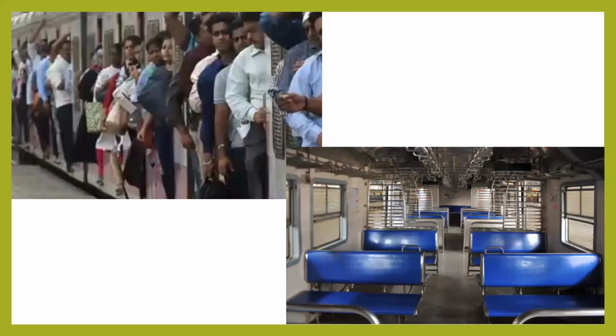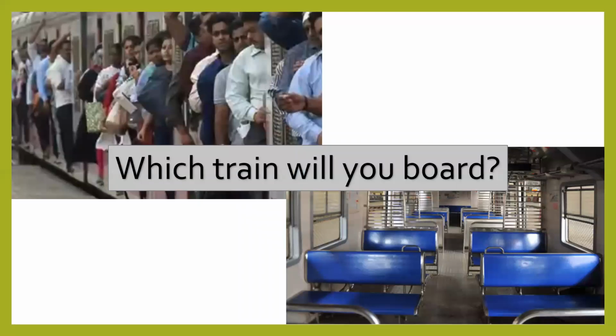Now you want to travel to a specific destination and the train is in such a crowded manner. So there are a few bogies which are extremely crowded. So this is a slow train, I would say. And the second train which you have is the fast train, in which the people don't prefer to go. I'm just giving you an example. It is not so crowded, very much empty. Now the question is, which train will you board? The first one or the second one?